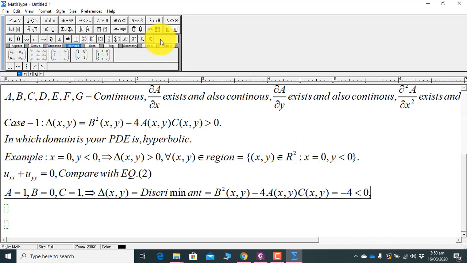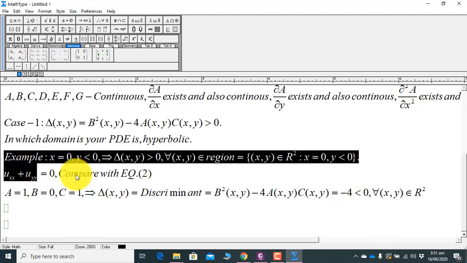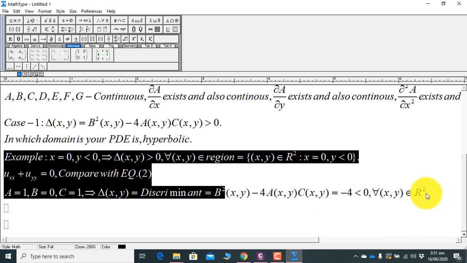For which points is this negative? You will say that for all x, y belonging to what? You have no condition, so you will say it belongs to R square. For all x, y belonging to R square, your discriminant will be negative, because it does not depend upon x, y. So your domain of interest will be R square, because on the whole plane your equation is behaving like an elliptic form of